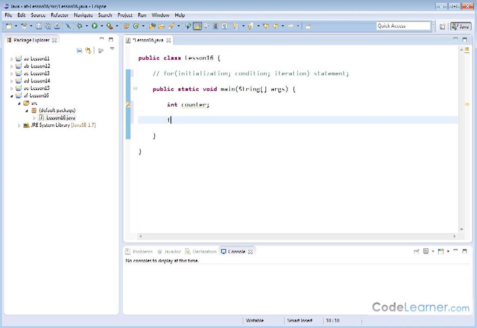So the way I might do that is I might say for. Now in the initialization, I have to initialize my counter variable somewhere. So let me start it at 0, okay? And I'll put a semicolon, and now I have to have a condition. This is going to tell me how long or under what conditions this loop will continue to execute. So let's continue as long as counter is less than or equal to 10. Now we have to increment, or you can